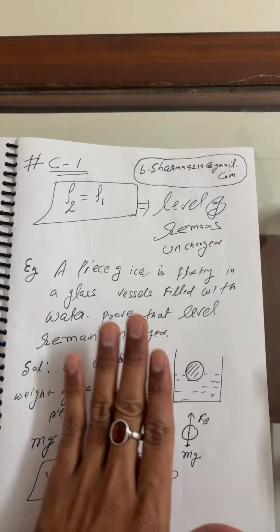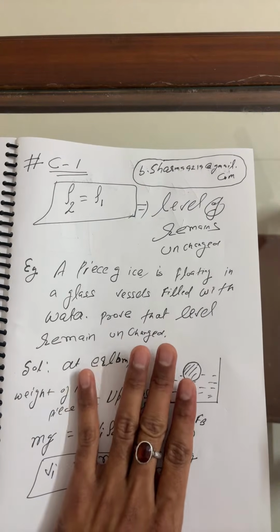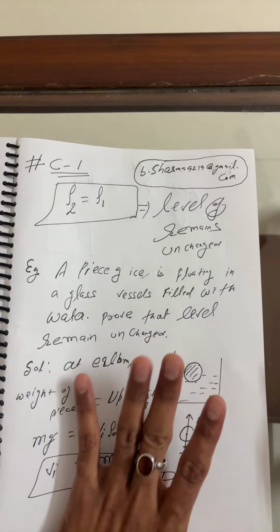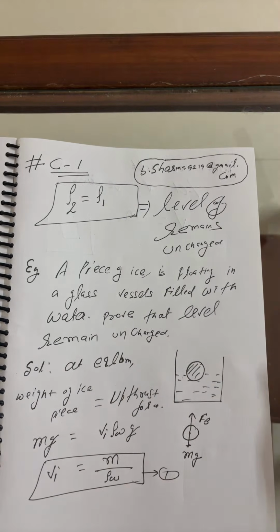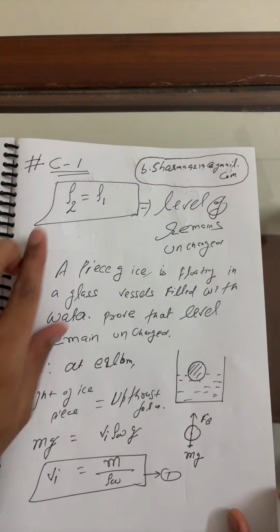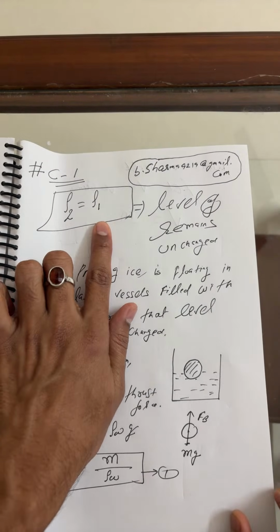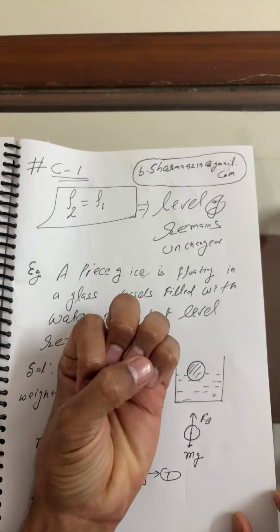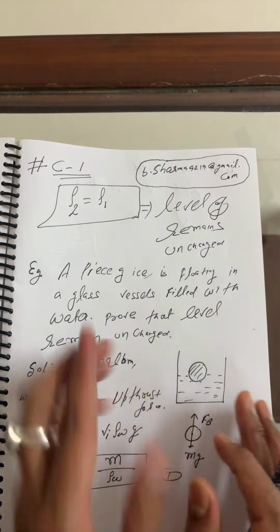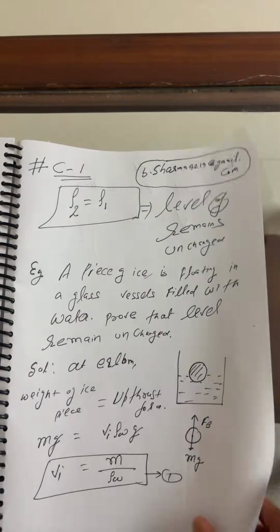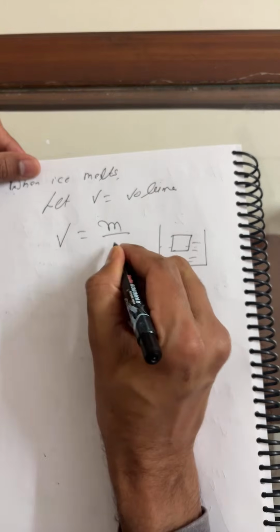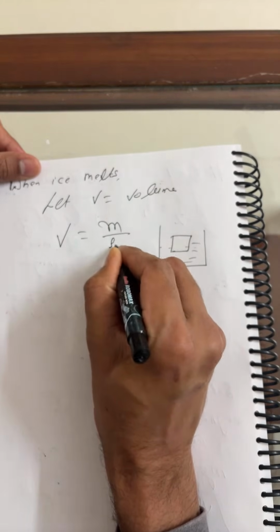Beta, this question which I'm solving now is a JEE Main PYQ, not an advanced PYQ. It's a very intelligent question, asked long back by JEE. That's why I have taken initially rho 2 equal to rho 1. If the ice melts, the entire ice becomes water, so the density remains the same and the level remains the same. Volume is m upon density of water.